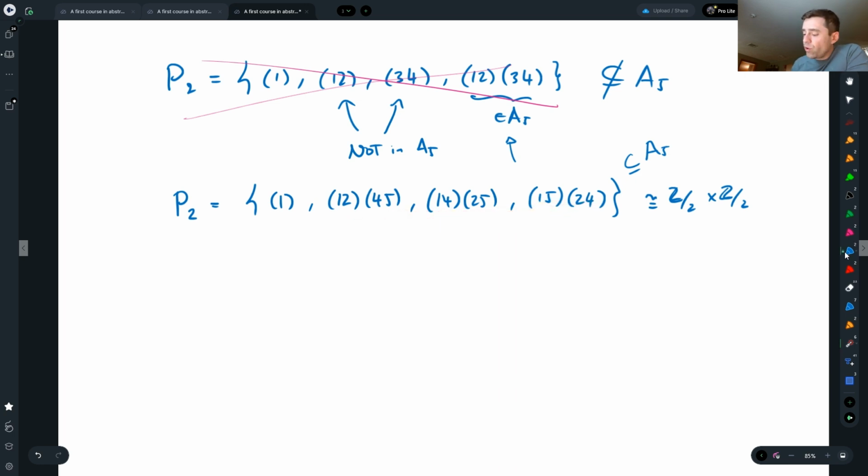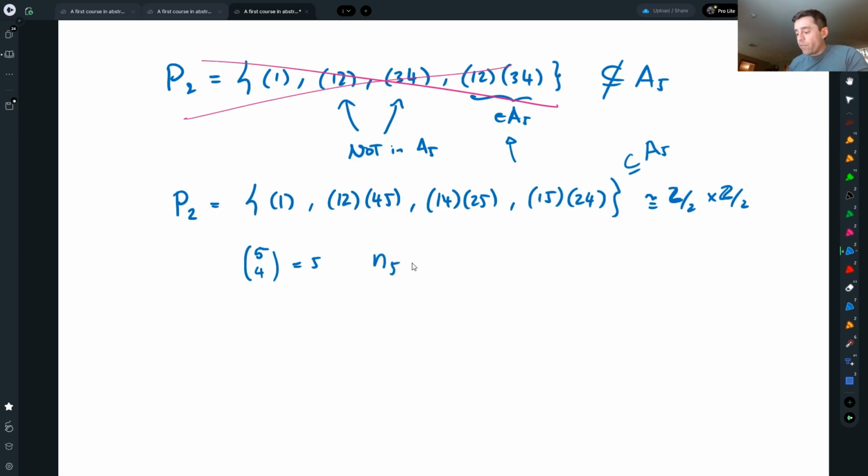Out of 5 numbers, I'm just picking 4, and I will be able to arrange them in that way. So there are exactly 5 such subgroups, and therefore n2 is in fact 5, which is 1 modulo 2,